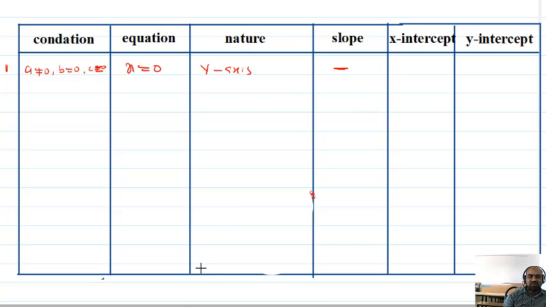X-intercept. So, what I will show you. The line is this, Nana. The x-intercept and y-intercept should be found as 0, 0. At what point does it intersect? x, y, 0, 0. Second case I will take.